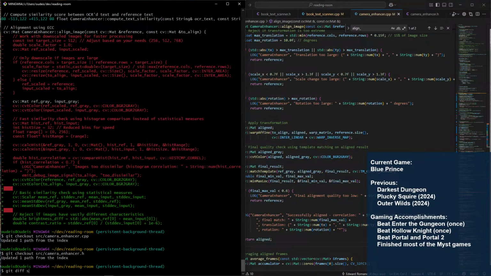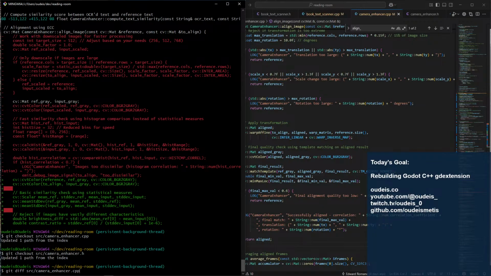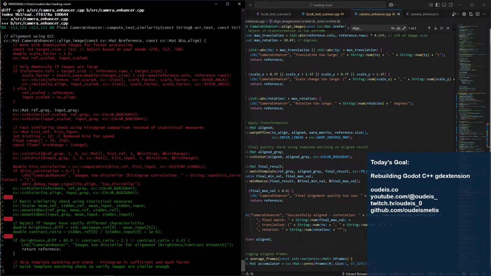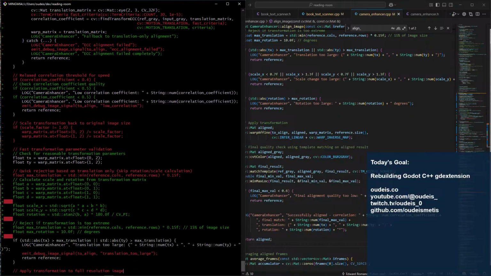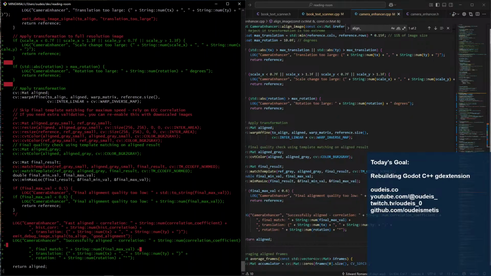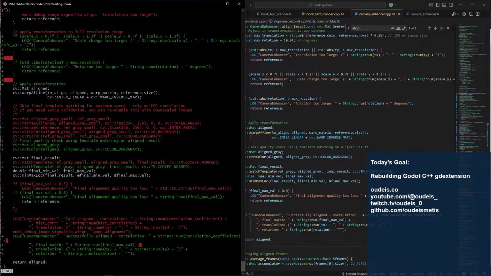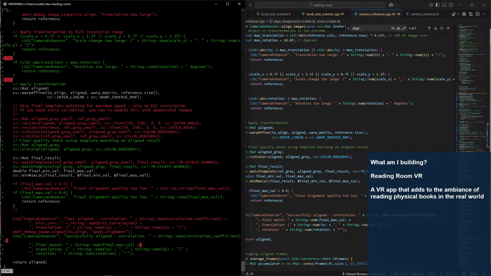Git diff source, and it's just align image, so it's just the different version of that, which ended up actually being, you know, a fair amount, to be fair.